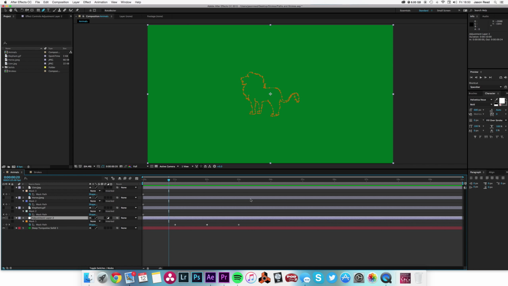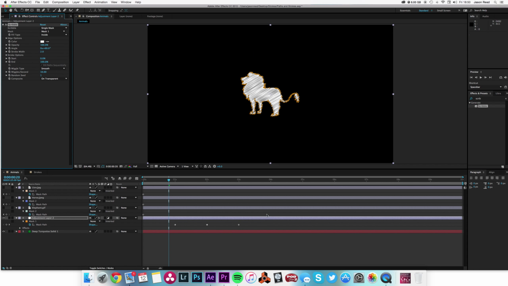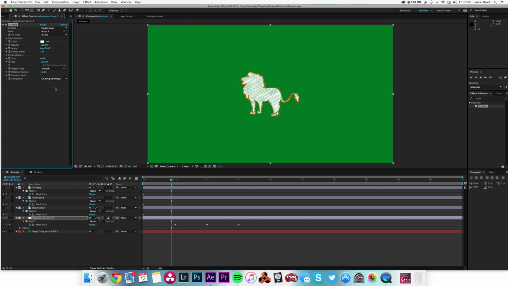So I could use stroke, but in this case, I'm going to go to my effects and presets and do something a little different. I'm going to add scribble. Lovely little scribble. Great for cartoony type things. There we go. That's scribble. I'm going to put it on the original image. So we've now got a nice lion shape that scribbles